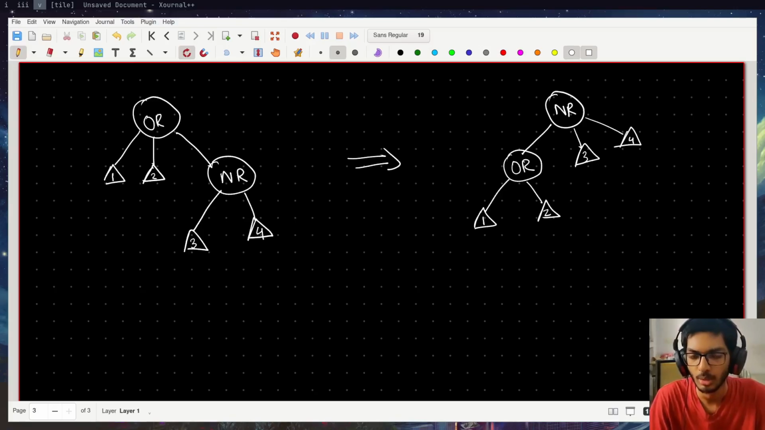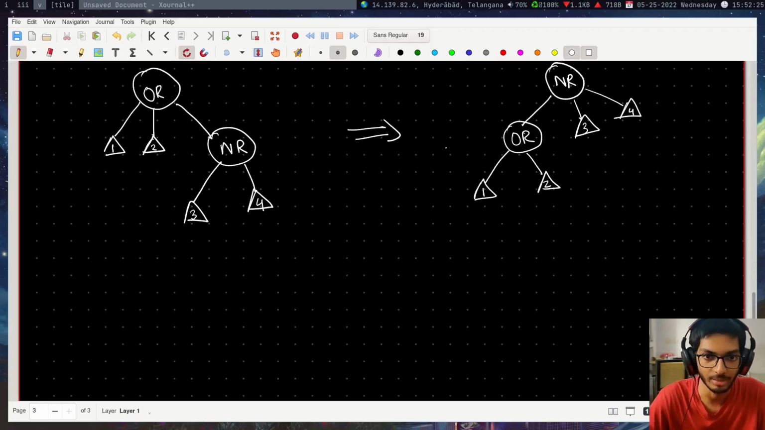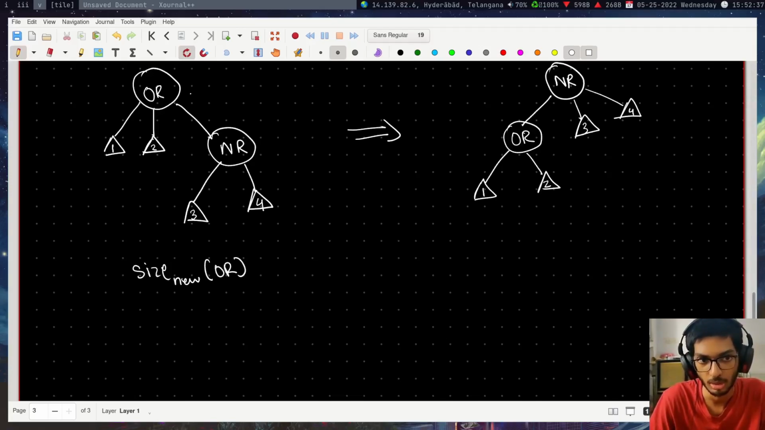Let's now see how the properties change when we reroute from the old root to the new root. Let's first look at the size of the subtree. We can say that the new size of the old root will change. Earlier it was equal to the size of the entire tree, that is n. Now it will be some smaller size, right? We can say that it is equal to size of old